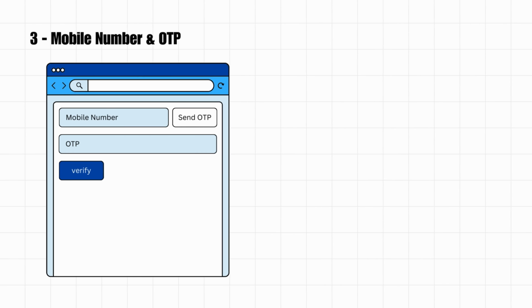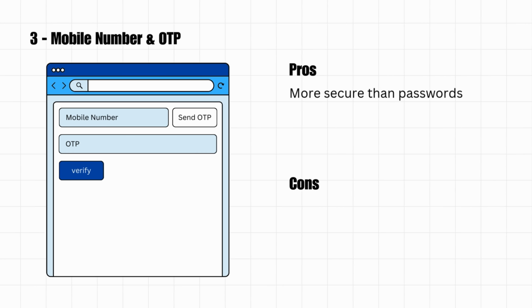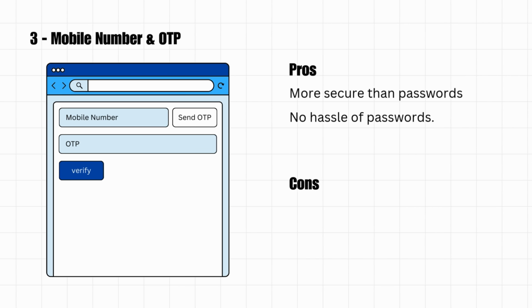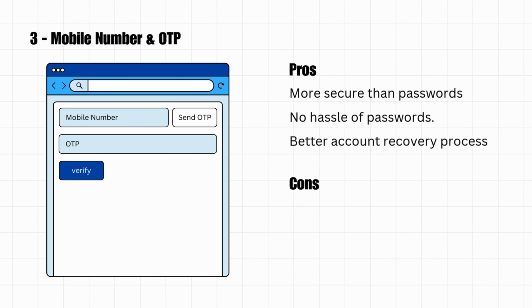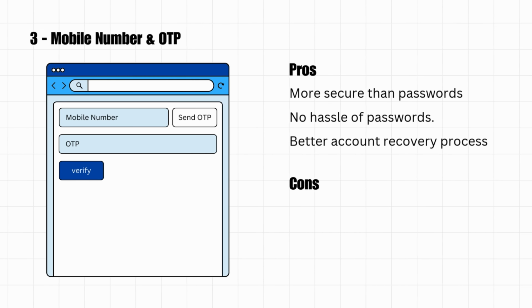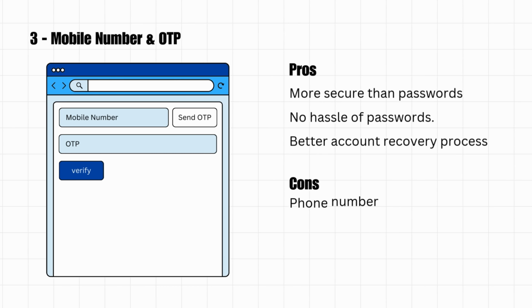Now the pros are it is more secure than just a password. No need to remember passwords. This is a major pro in this method of authentication. It also works well for password resets and account recovery, along with the phone number, email, and password verification systems if we take them all together. Now the cons are attackers can hijack phone numbers and steal OTPs, and this is also